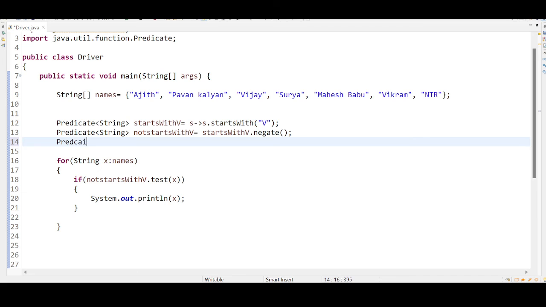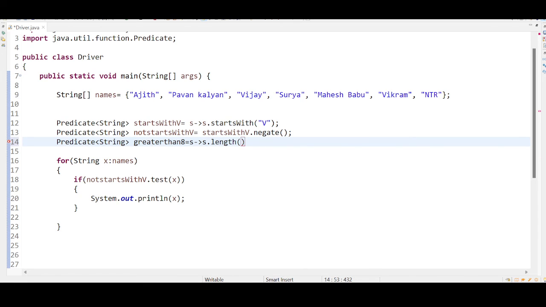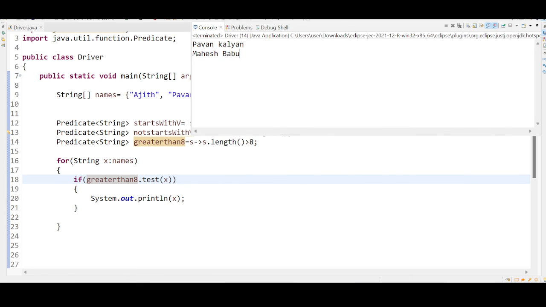Okay, I can write a predicate of string type, greater than 8. So I will pass a string, and I will get the length of the string, if the length of the string is greater than 8. Now use this greaterThan8 predicate here. All the actors whose length is greater than 8 will be only Mahesh Babu and